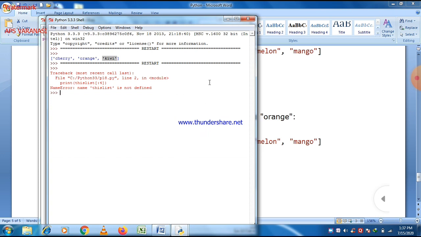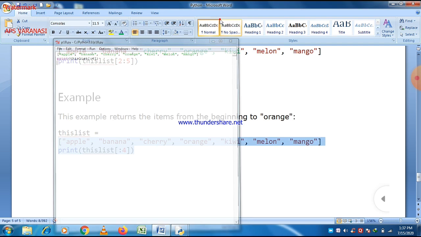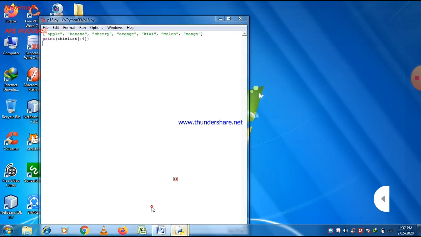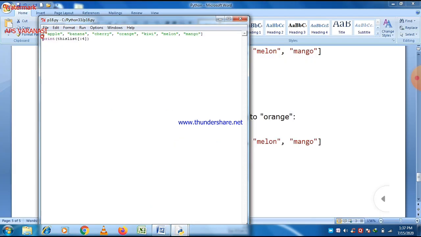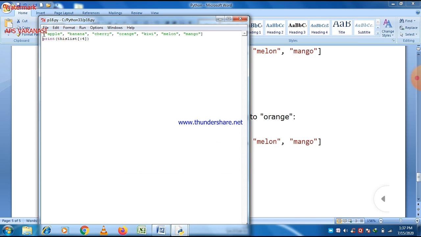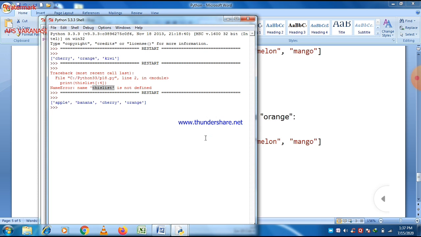So this is a list here, and when you print this, apple is at position 0, banana at position 1, cherry at position 2, and at position 3, so 0 to 3, the elements at positions 0, 1, 2 and 3 are all printed when there is slicing of a list.